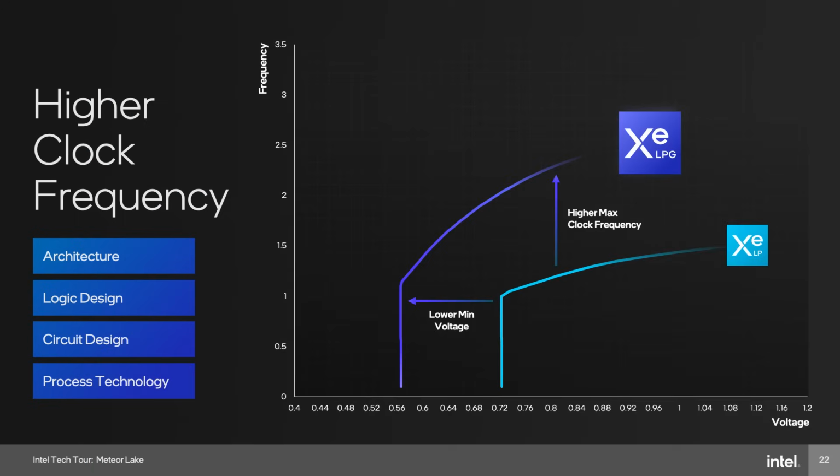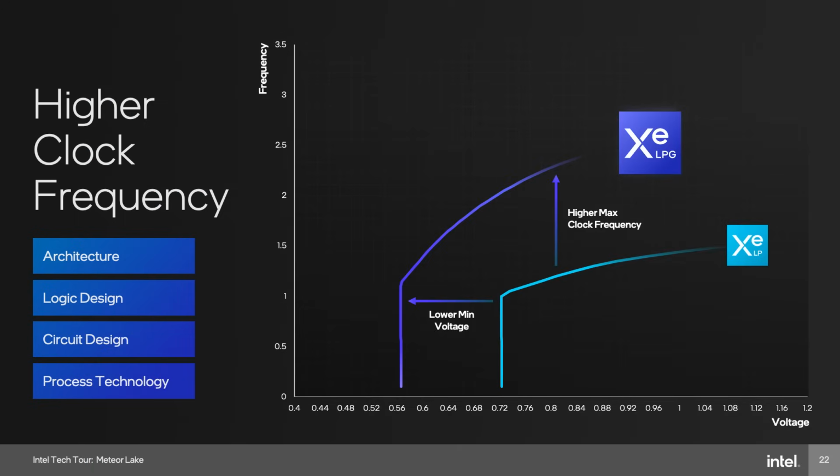Okay, so those changes. I also saw that you guys have done a couple of changes to make it better, which was higher clock frequencies and also architecture efficiency. Yeah. So higher clocks come from two different aspects. First, we've changed the process. So we're using a more modern silicon process versus our last generation.